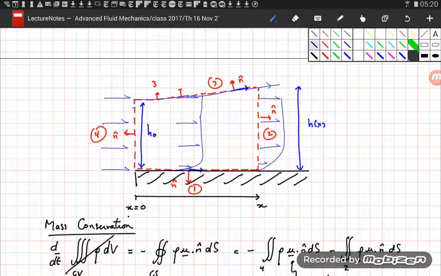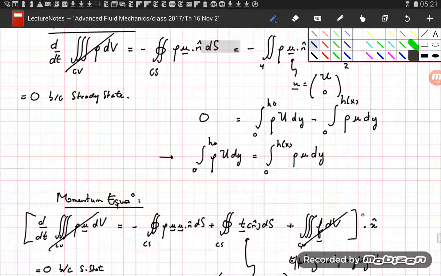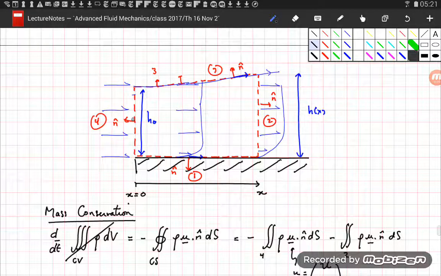Now let's consider the inlet. At the inlet, you have to remember also that we are only looking at the component of the stress vector which is in the x direction, because we only consider the x component of the momentum equation. Therefore, we are not going to consider any tangential direction,